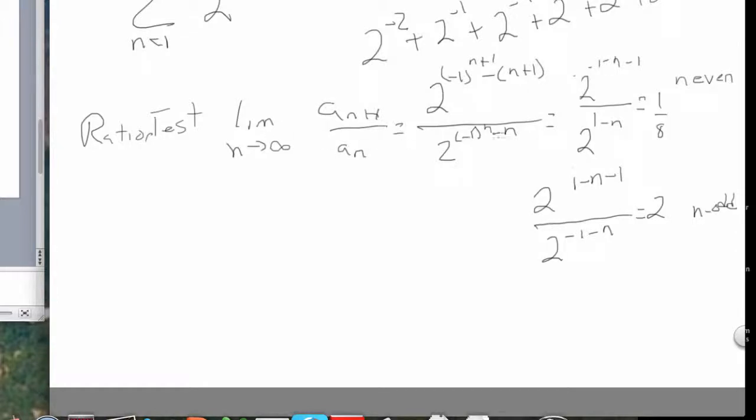So there is no limit here. This doesn't converge. It alternates. As n goes to infinity, this is either 1/8 or 2, the ratio. So the ratio test fails. Now if I look at the root test,